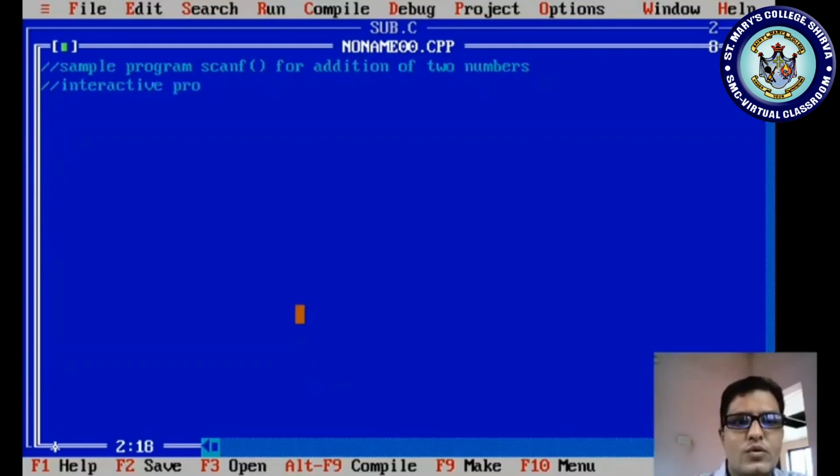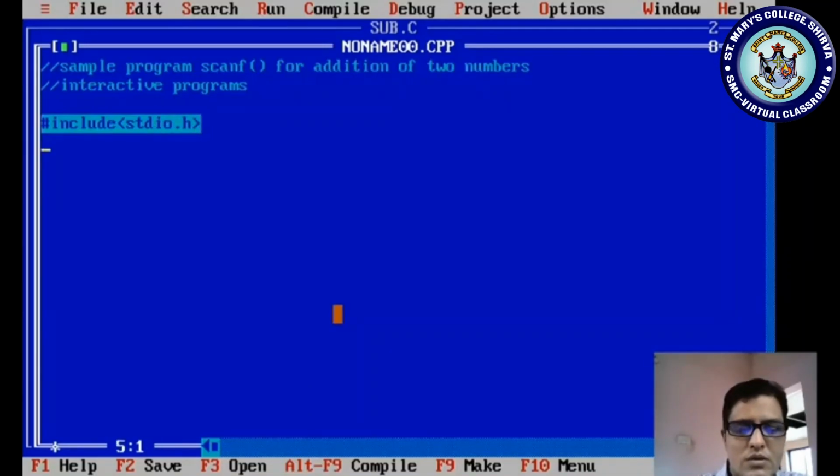Interactive programs. Yes, first what we have to do: include stdio.h. Now hash include conio.h. Next, what we have to do? Void main function.